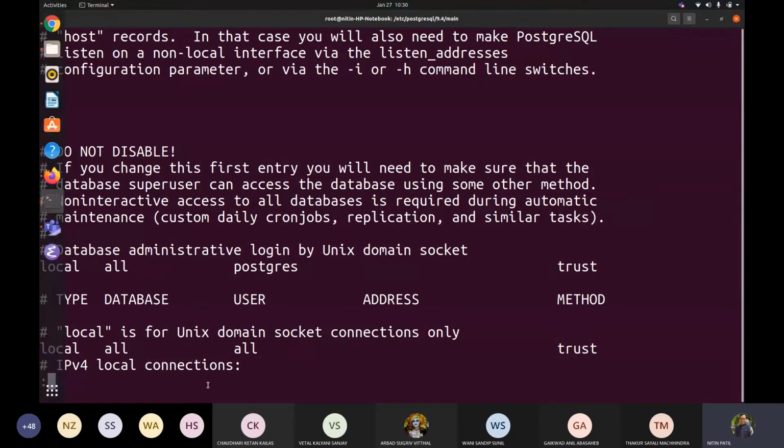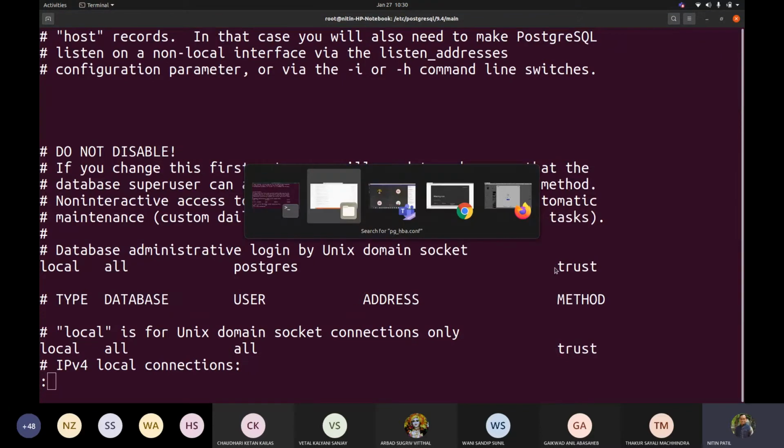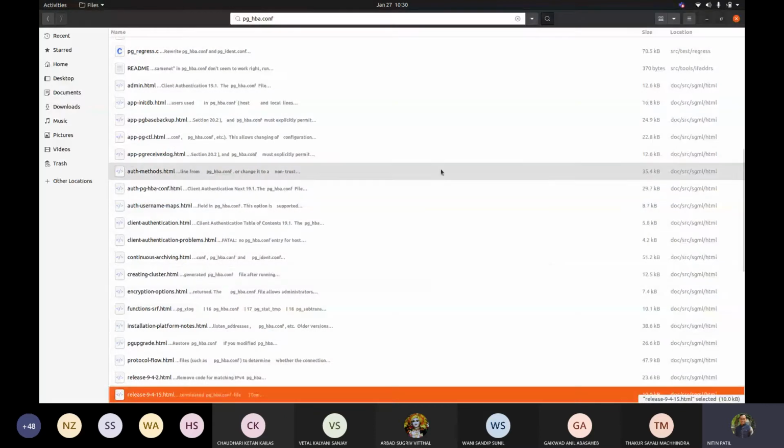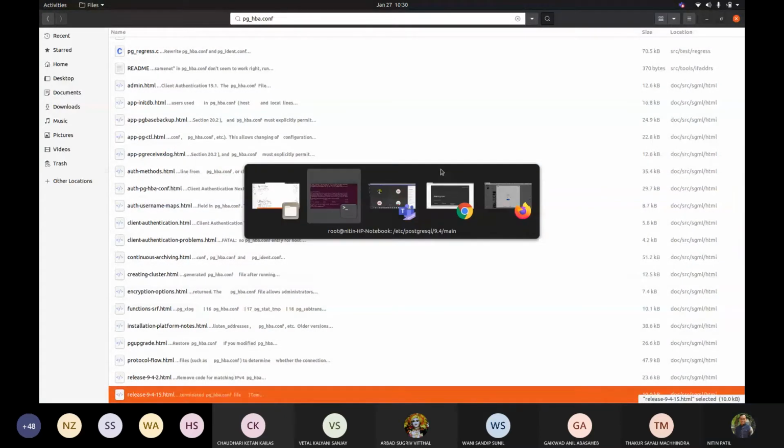So you should type local all trust, and this is for administrative login. Local all postgres would be your user, because the columns are type, database, user and address. So local all postgres, okay, and then trust. When you say trust, ultimately you mean that you are permitting all other users to make changes in the system, fine.